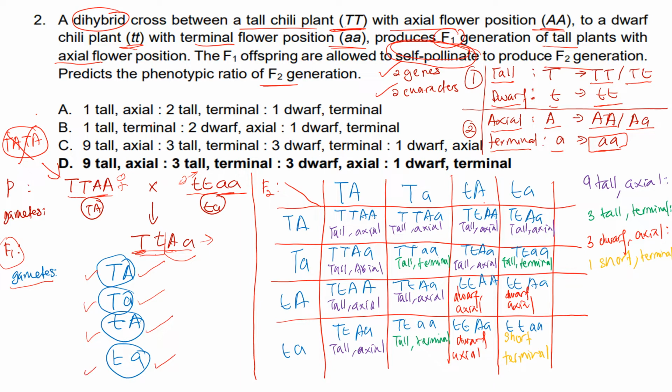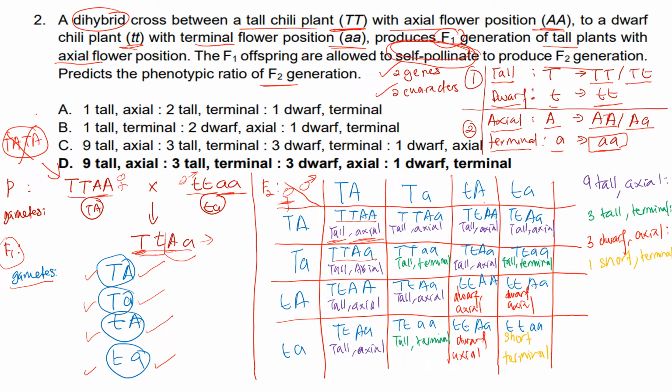So the gametes of the F1 generation, you have to put in a Punnett square. This is the Punnett square that you will do. Let's say this is the sperm and this is the eggs for the F1 generation. When the sperm fertilizes the egg, you have to combine all the alleles together in the gametes to get the genotype of the F2 generation. After you have combined, let's say this allele capital T, you get homozygous dominant for tall, and then capital A, you will get axial flower